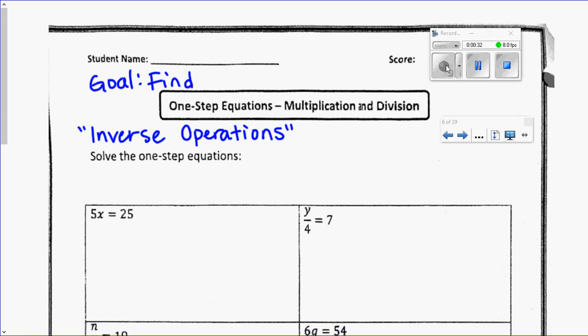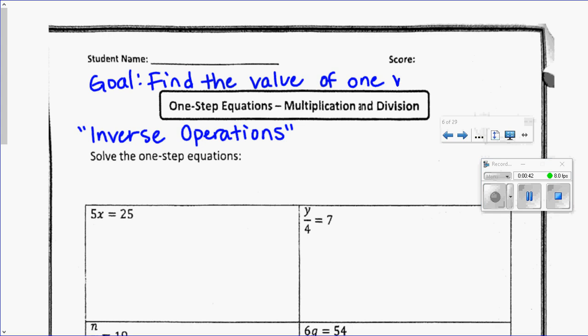Remember, anytime I write something, you go ahead and write it too. And just because I write x, that's for any variable, okay? That's just the most popular one, that's all. Okay, so for multiplying and dividing,